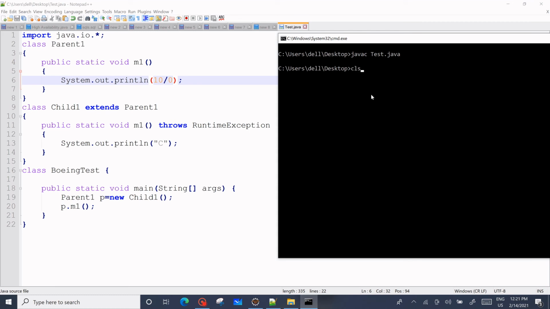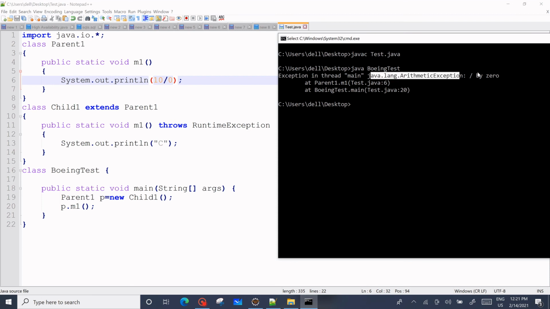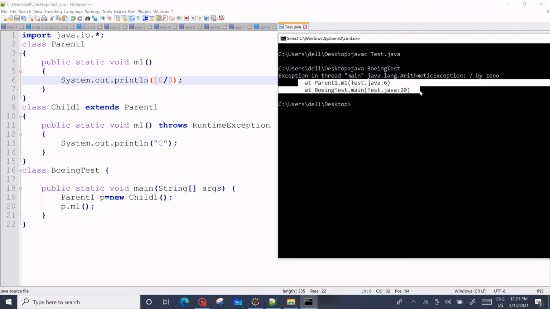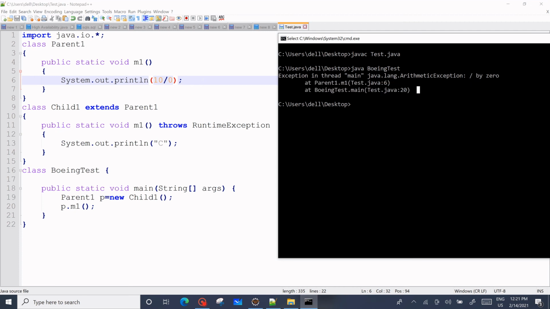But when we run the program, it will give an error. Which error? ArithmeticException, because ArithmeticException is a runtime exception. It clearly says that Test.java is giving the error at line number 6, 10 by 0.